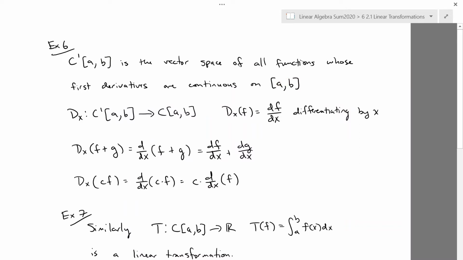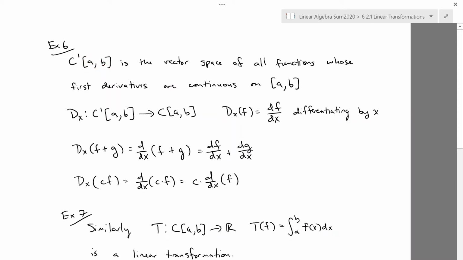So this is a slightly different vector space than C of a, b, because that's just the vector space of continuous functions. But not every continuous function is differentiable. So we need a slightly different vector space that has differentiable functions to be able to take